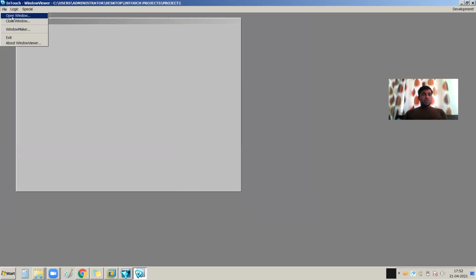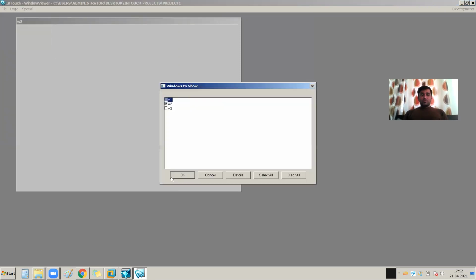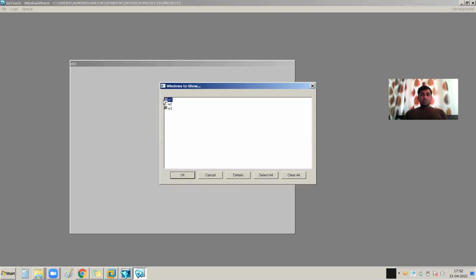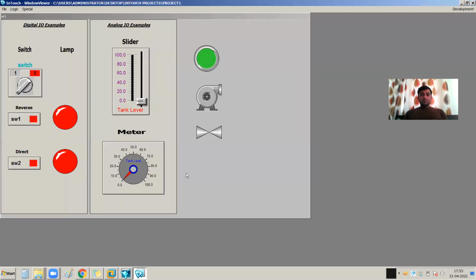If you click again from File, Open Window, and select window 3, window 3 will be opened. If you again go to Open Window and click on window 1, window 1 will be opened. So this is how you can navigate from one window to another window. This is the one method.